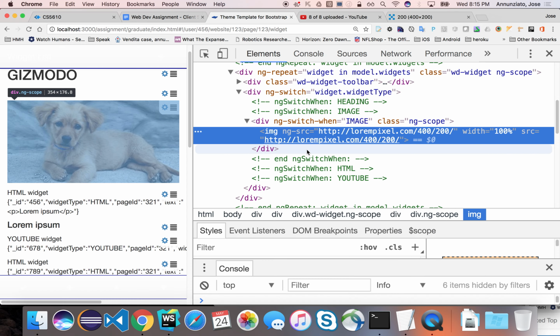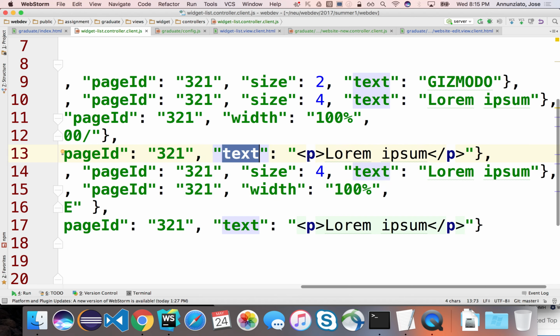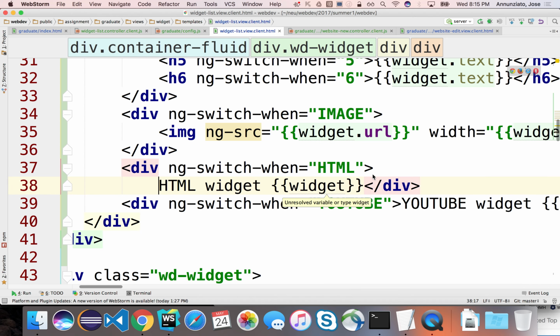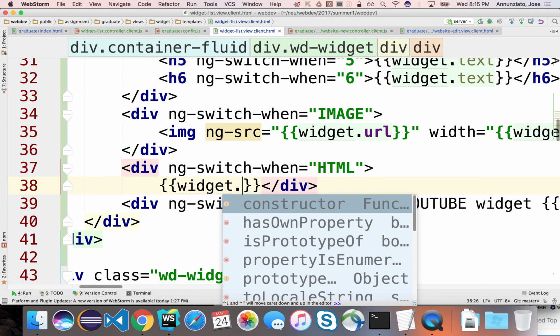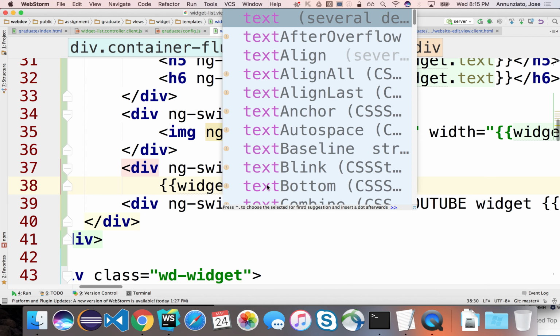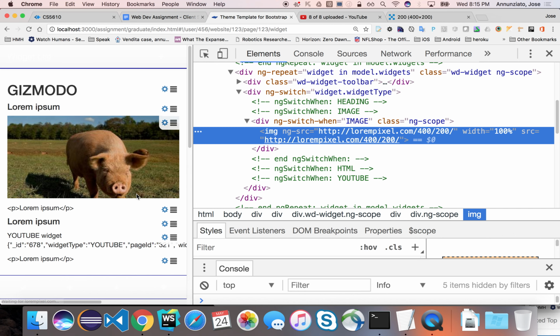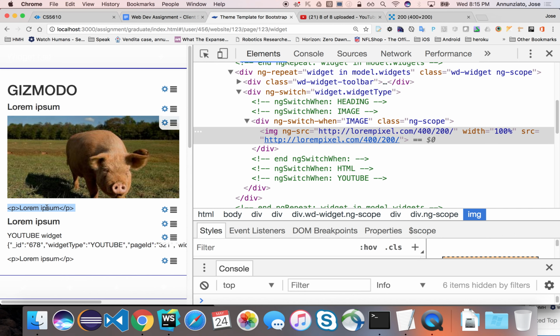So let's do that. We're going to say here in the templates, I want to render the widget.text. Okay. Now if we try to do that, okay, notice that the text is being escaped. Okay, it's not being rendered as actual little HTML, right? The characters are all being escaped, and they're not being interpreted as raw HTML. Okay,